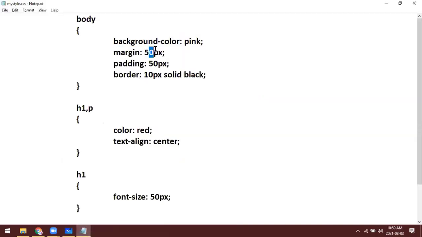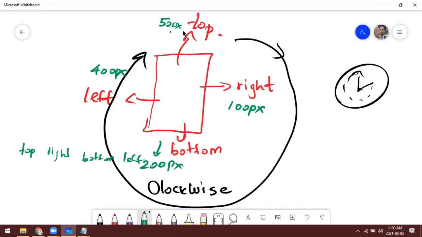So if you give only one value for the margin, it means you are giving this margin value 50 pixel for all the 4 directions, from top to right, bottom, left. If you give like this, now we want top 50 pixel, right 100 pixel, bottom 200 pixel, and left is 400 pixel.